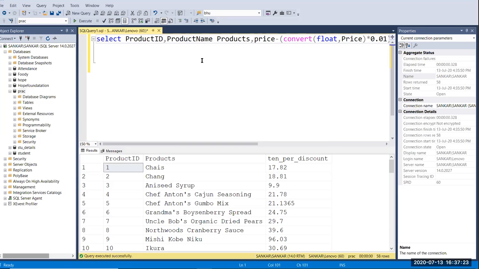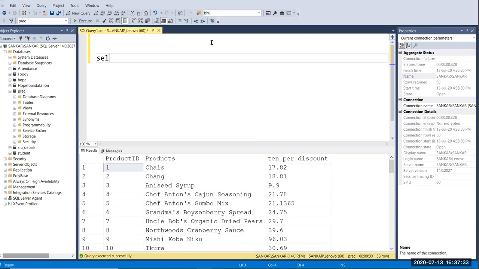Let's do some logical operations here, right? I'm going to delete this, and here select star from products.